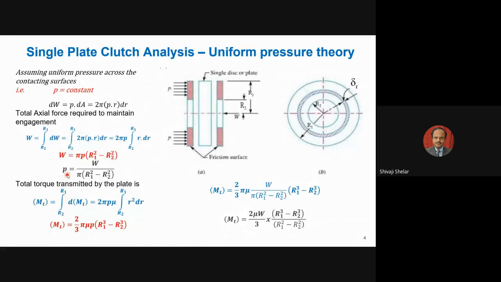The value of P ranges from 0.05 Newton per millimeter square to maybe around 2.5 Newton per millimeter square. But this bearing pressure should not exceed 2.5 Newton per millimeter square. In exceptional cases, it can go up to 6 Newton per millimeter square. So this becomes a design parameter: if you know the actual load requirement, or if you can assume P and calculate the actual load requirement, then from that you can design the spring required there.